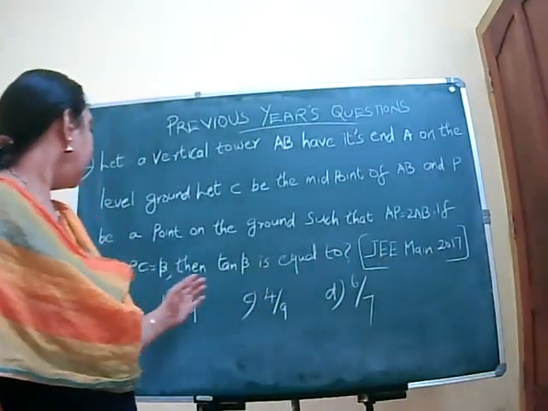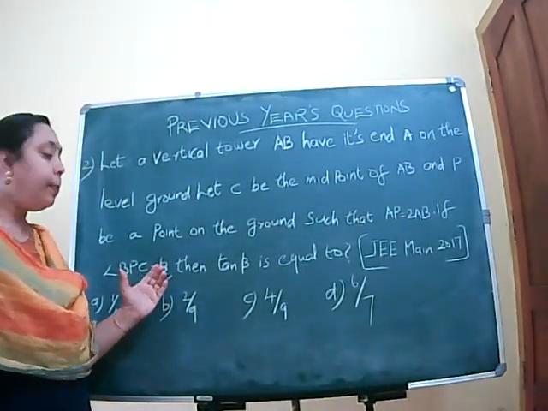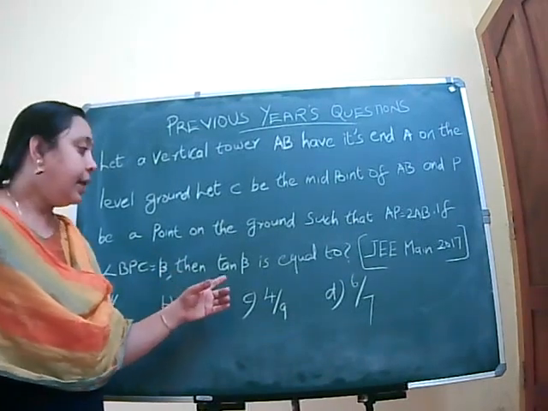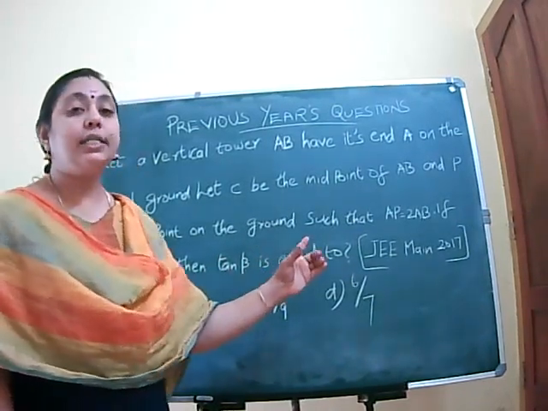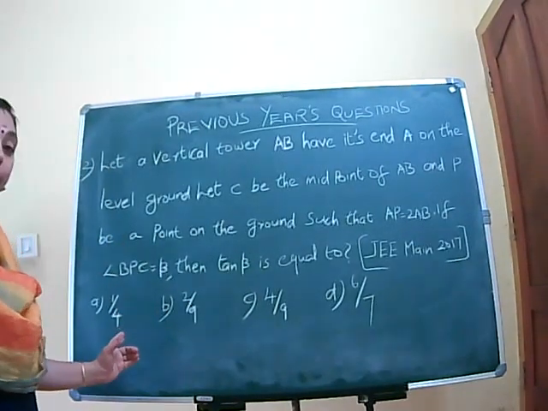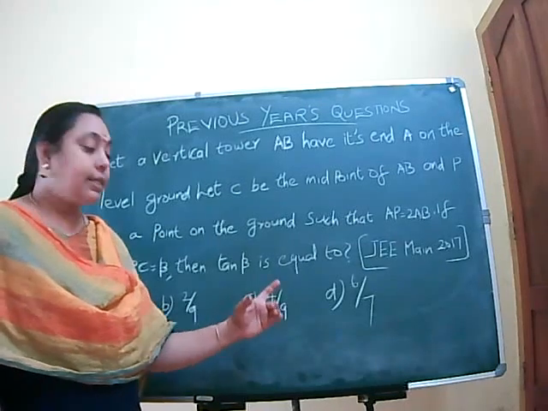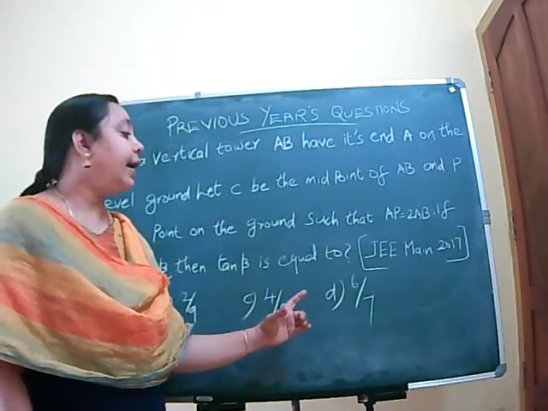If angle BPC is equal to beta, then tan beta is equal to options A 1/4, B 2/9, C 4/9 and